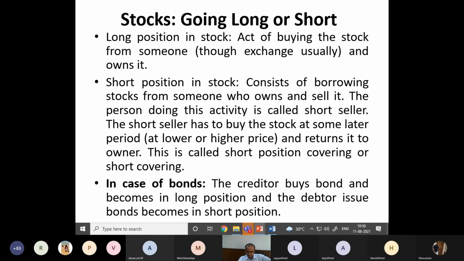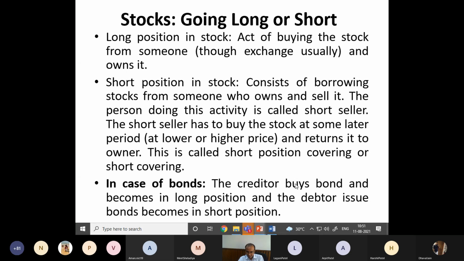Okay. And then at a later time, depending on the time allocated and the kind of market, either cash market, then the same day. If it is a future or option, it may be after 1 month or 28 days, depending on the expiry period. So depending on that, I will buy it again and deliver it to its original owner, right? So that is called the short position. And the act of buying the stock at a later time is called covering the short position or short covering. And in the case of a bond, there is no such thing.